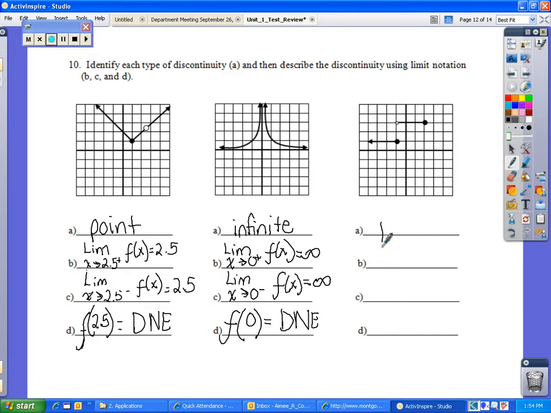Finally, you have jump. And you want to do the limit. Where's your point discontinuity? It's at x equals negative 1. So the limit as x approaches negative 1 from the right, the value of the function is approaching